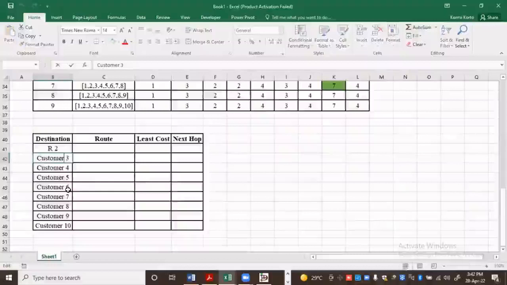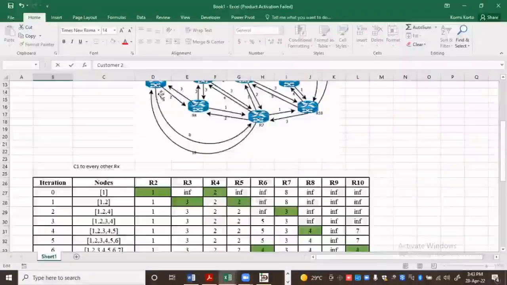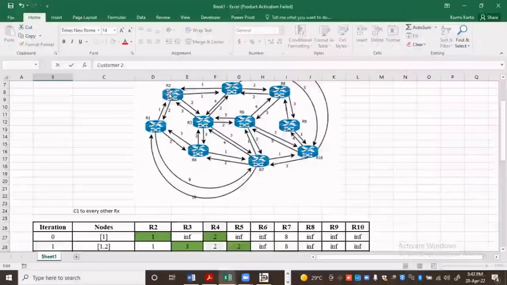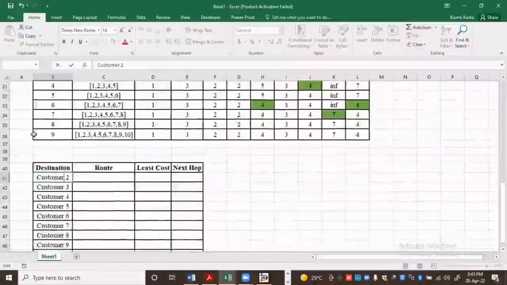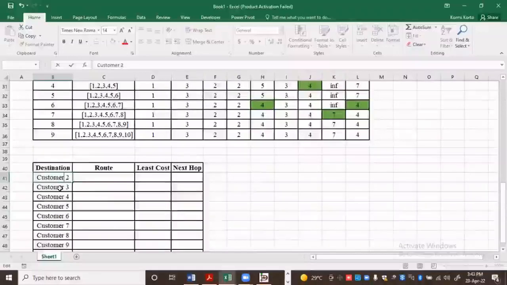Hopefully you guys catch on to this and are able to do this on your own. Actually, I prefer we use the customers because the information goes to the customers. So let's keep the customers. So customer 2 is connected to R2. So all of these customers are connected to their respective corresponding routers. So in this case,